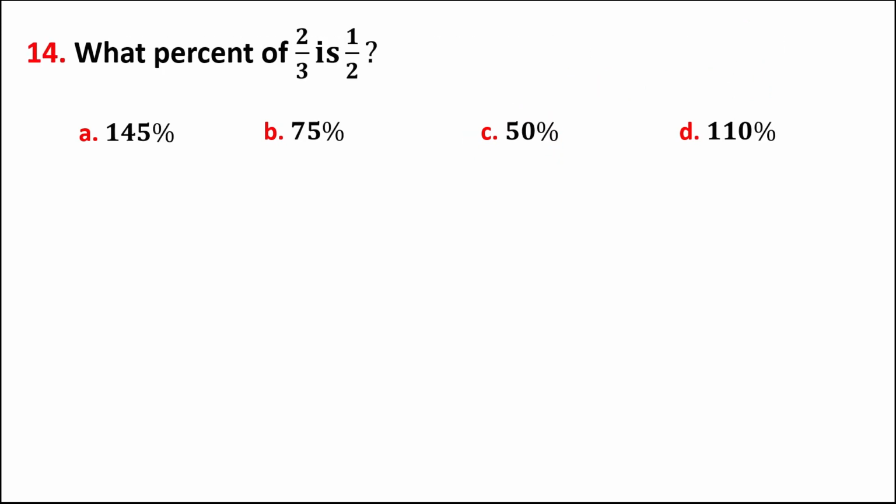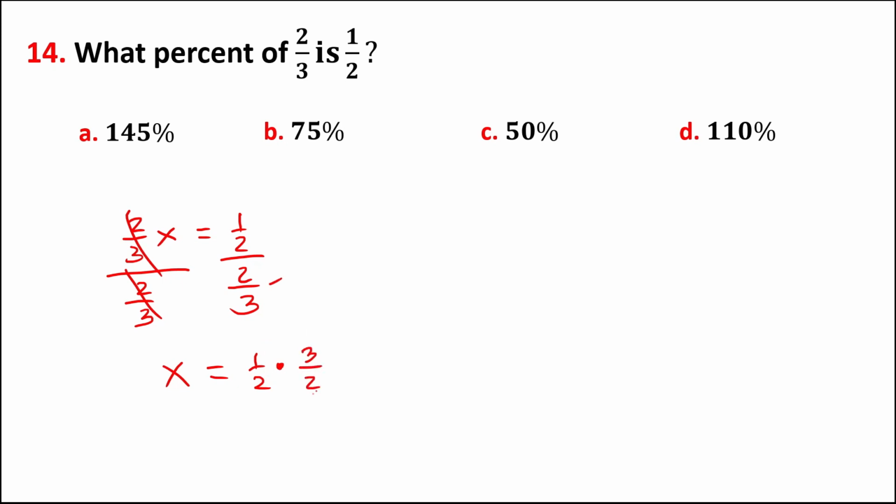Then for this problem, what percent of 2 over 3 is 1/2? So we have 2 over 3 of x is equal to 1/2. And then divide both sides by 2 over 3 to solve for x. And this 1/2 divided by 2 over 3,